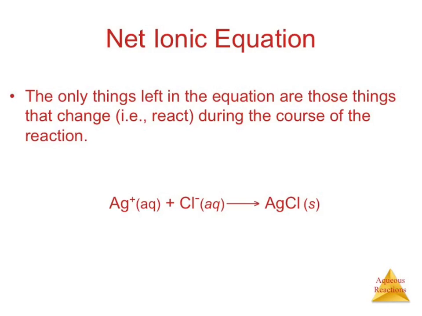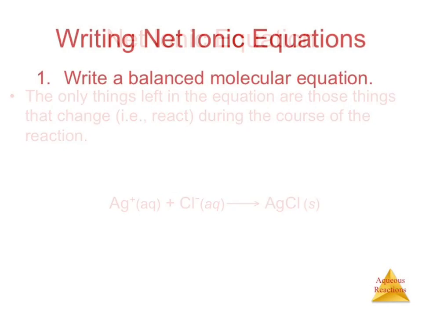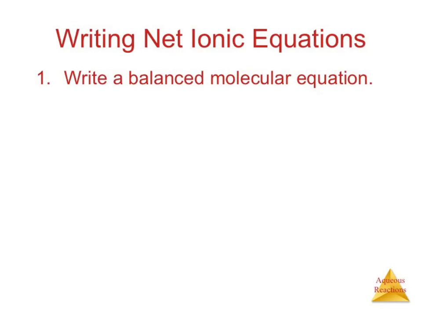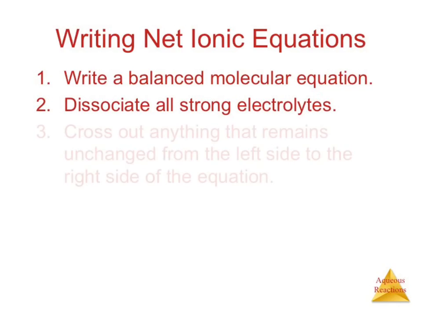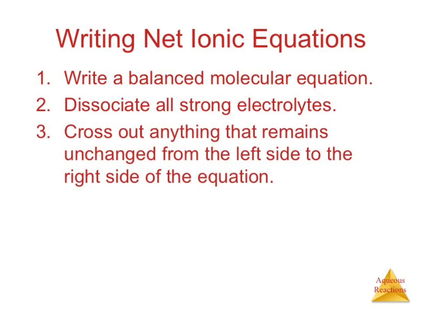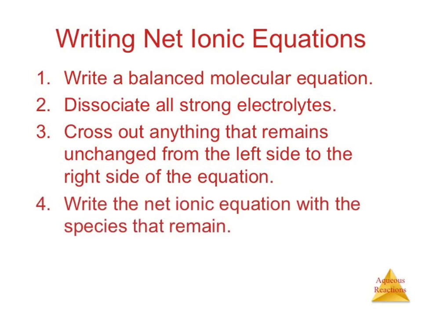We've got the net ionic equation as our next and final step, which we already talked about there. So, our general steps: write out your balanced molecular equation first, dissociate all your strong electrolytes, cross out anything that remains unchanged from the left side to the right side, and write the net ionic equation with the species that remain. Yes? For our purposes, are they always going to be strong